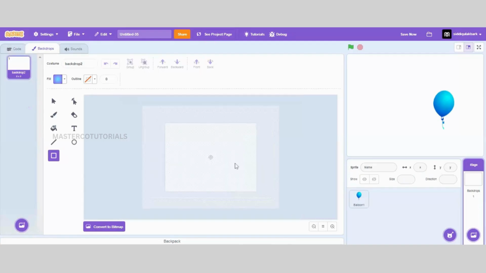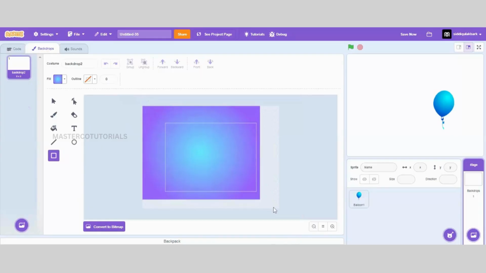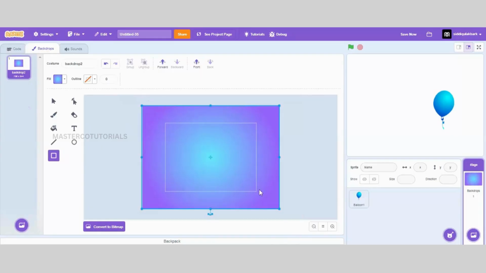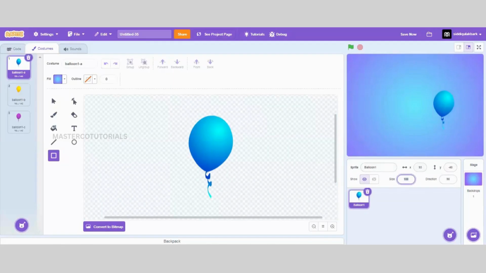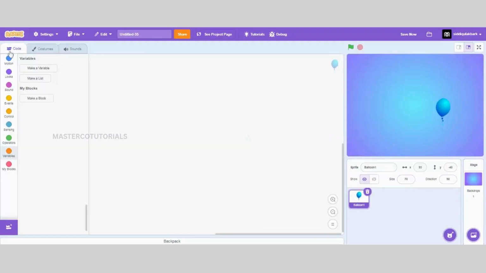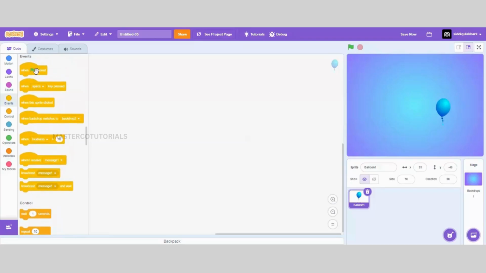You can choose any backdrop you want. I am drawing this one here. Then click on the balloon, set size to 70, and go to code. When flag clicked,